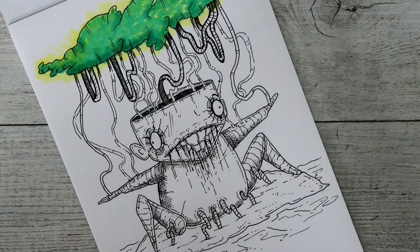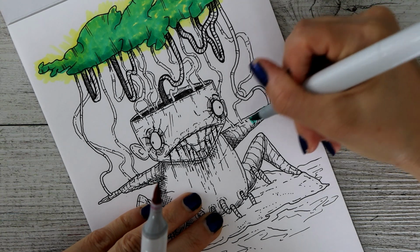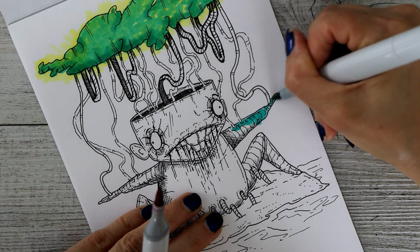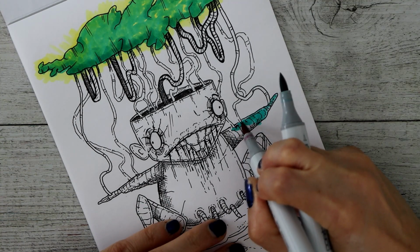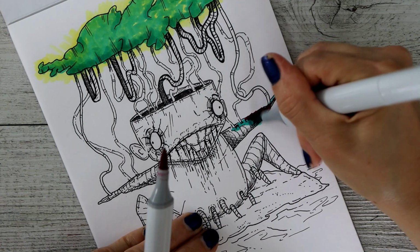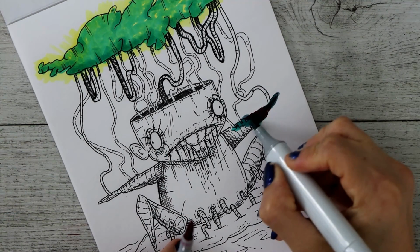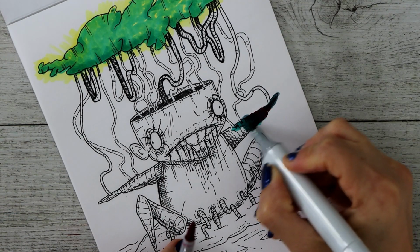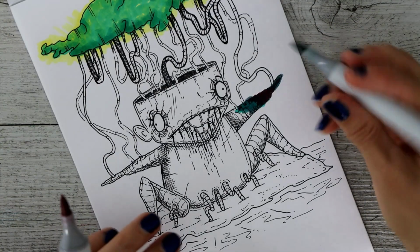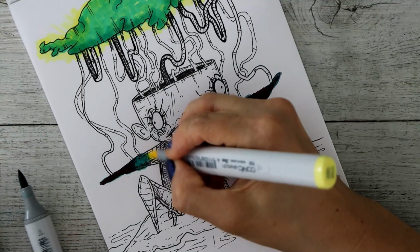Let's see if I can just try something here. So we're gonna have the color drained out of some of this here. What I'm going to try and do, I don't know if it's going to work, is transition some of that color, like that. Oh god, that's made a muddy mess, hasn't it? I might even bring this one in,